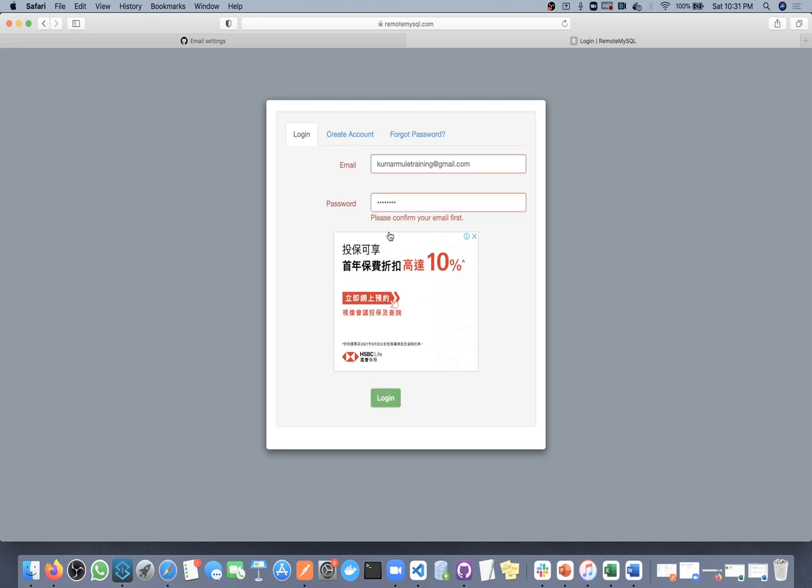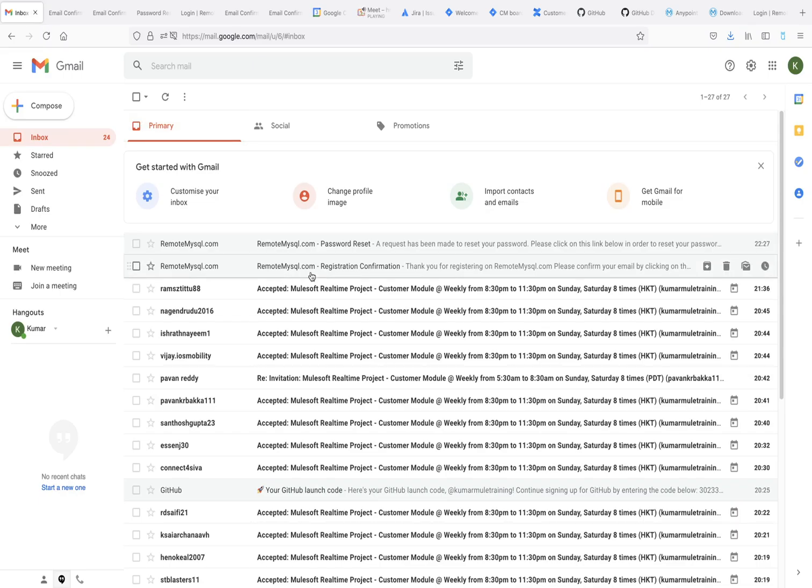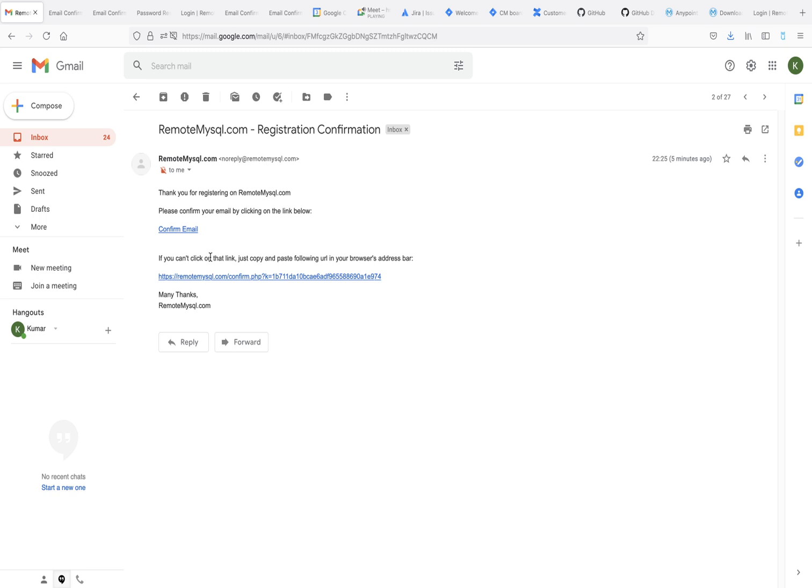Okay, let me create one with another mail ID. Yeah, Gmail I already confirmed, but this took. Okay, then let me use this URL directly instead of opening Gmail.